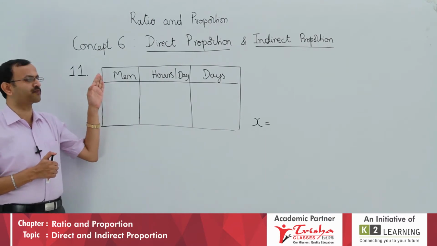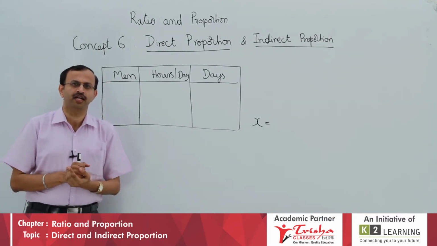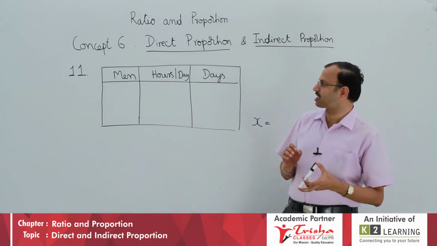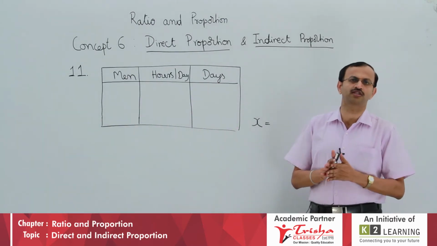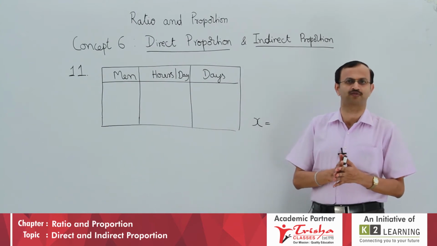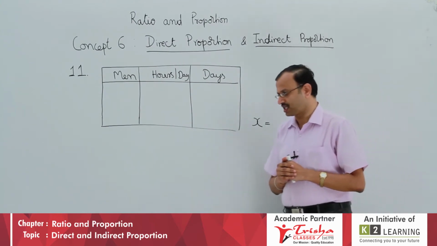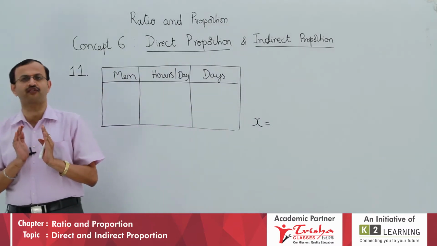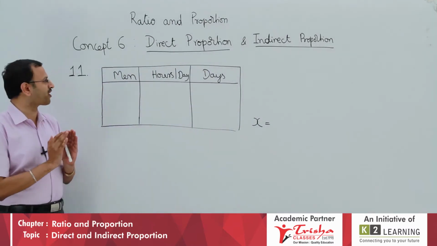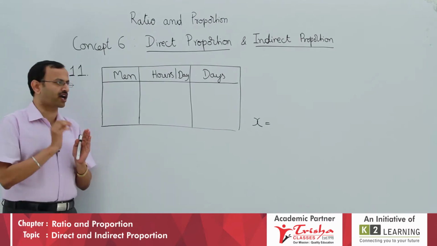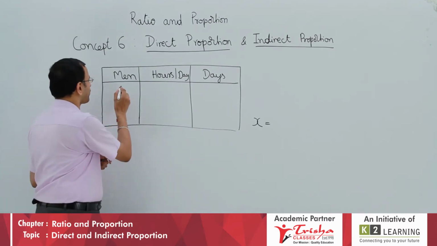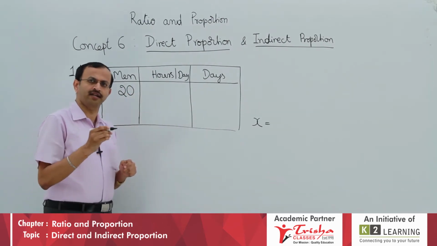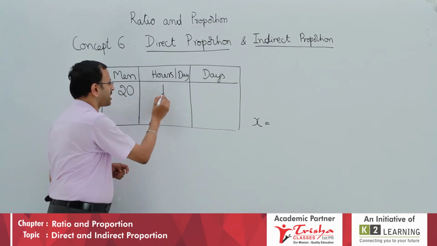This is where the question, all of you refer problem number 11. It goes: if 20 men can do a job in 18 days, working 3 hours per day, how long will 60 men take to do the same job, working 2 hours per day? If you look at this question, first you have to decide what are the 3 factors related. What are the 3 factors affecting? So, the 3 factors are men, first line let us read, 20 men, they can do a job in 18 days,